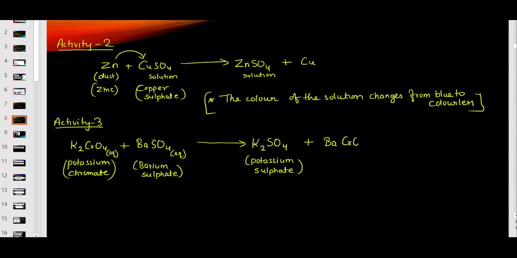Barium chromate. We are not balancing any equation here, we are just trying to write the reaction. We will not talk about balancing right now; when I teach you how balancing is done, then we will start balancing. We have not checked whether it is balanced or not, we are just writing the reaction, so let's not focus on that right now. So the name for this is barium chromate. When this reaction happens, remember that this barium chromate is going to give you some kind of yellowish color.